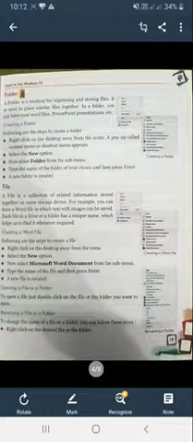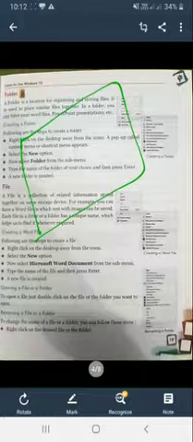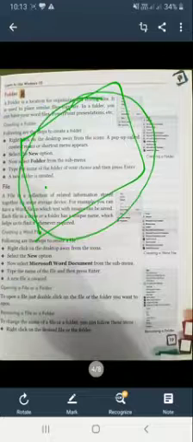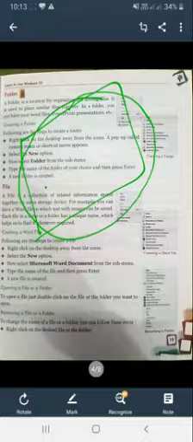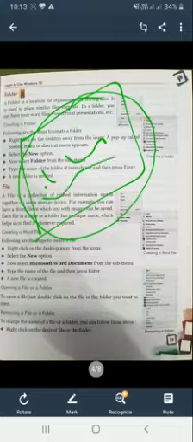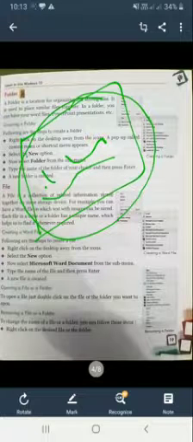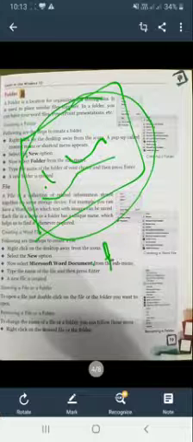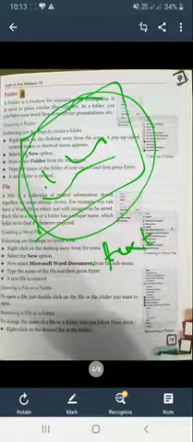So next is the file. A file is a collection of related information stored together on some storage device. For example, if you create a picture in MS Paint and you save it, click on the File button and Save button, and your file has been saved. This is an MS Paint file, and its format is like JPEG or GIF or anything else. Or when you create a document in MS Word, you type a letter, and when you save it, this is a Word file. This is text and so on. Okay, do all of you understand it?